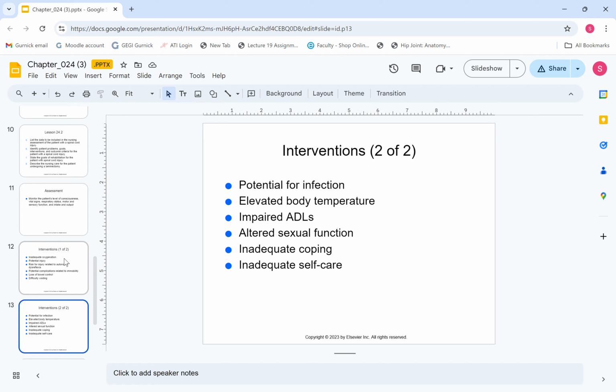Maybe they were in a motor vehicle accident. Maybe they have an open spinal cord injury. We're worried about infection and elevated body temperature, because they may lose the ability to regulate their body temperature. Impaired ADLs, because they can't use their arms or their legs. Altered sexual function, because if the injury is above the sacrum, they're not going to have sensation